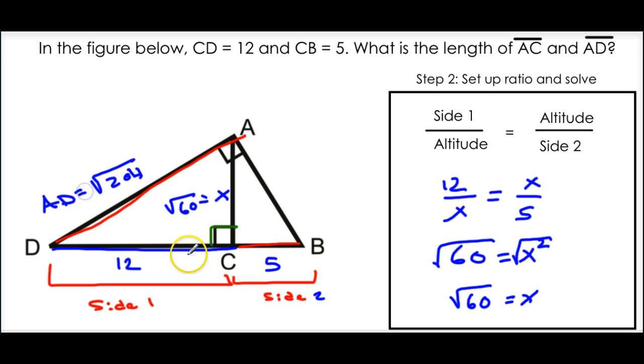And that is it. So just to give you one last reminder, when you have side 1, the altitude, and side 2, you can use this little trick over here, and it only works in this situation when you have this setup. And second, sometimes you're going to have to find the altitude first, plug that into the Pythagorean theorem,